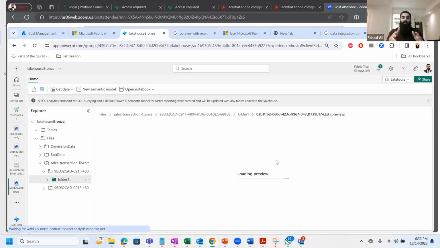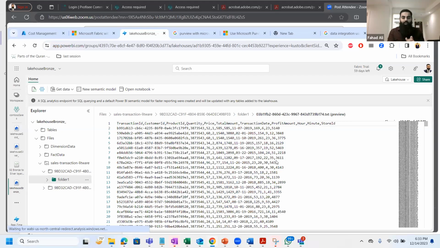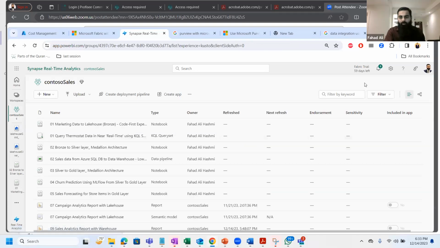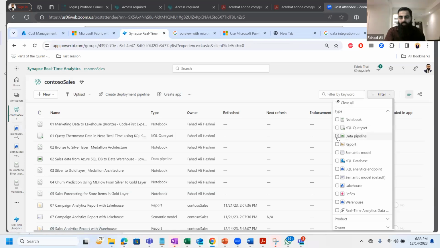The text format over here is probably just taking a little bit of time to load, but if it loads, what we will see over here are the .csv files, which are comma separated and just show the information. Sometimes it's very cryptic, you're not able to even read it, but once you load this data into the warehouse or into the lakehouse, this data gets converted into actual tables real quick, and we will see how we do that. Let's get back to the Contoso sales workspace that we have and see how we can actually